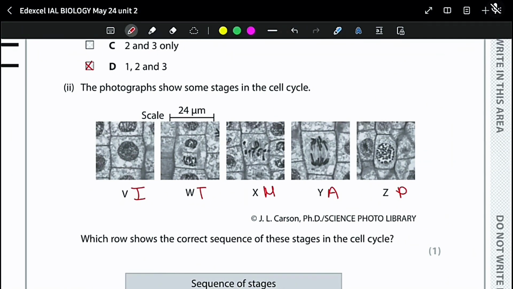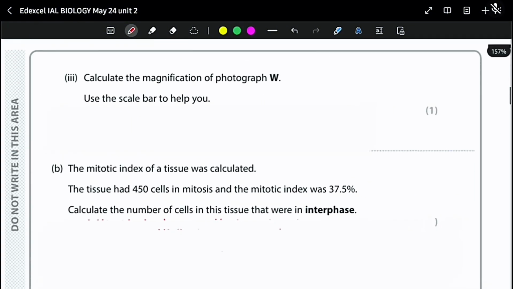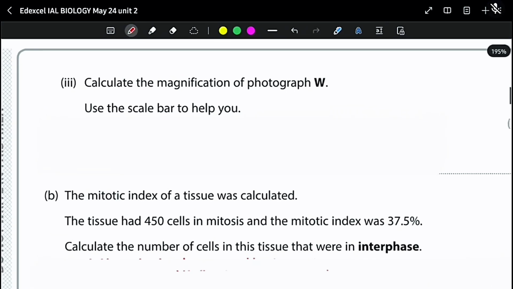But as I'm using one device, and everyone else is using their own devices, we all have different screen sizes. So depending on the screen size, the scale bar is going to come out different. But I'm going to show you how to solve this when you're given a paper, because in your exam hall, all of you are going to get the same size paper. So at that time, there won't be any differences.